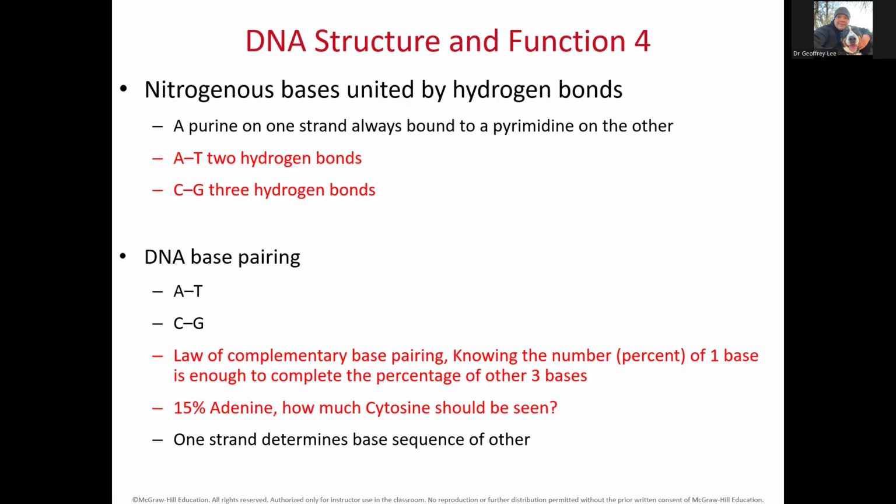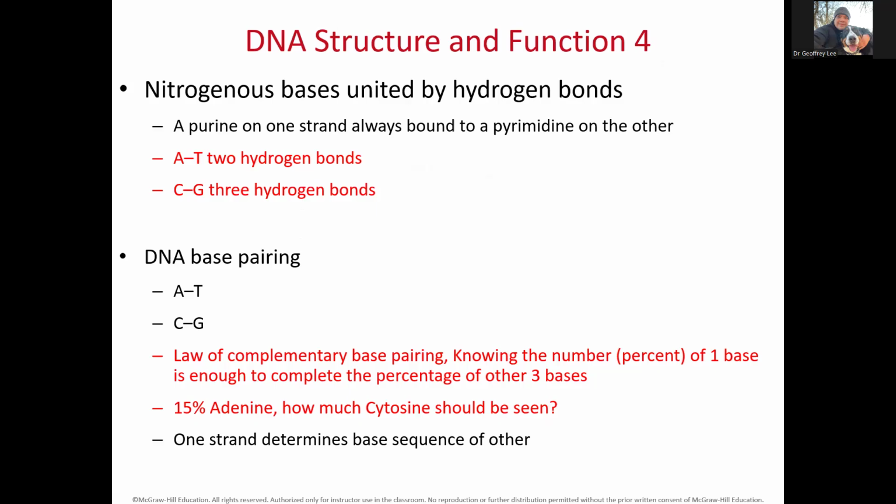It's not 15%, right? How do we get this? Simple. If we have 15% of this region as adenine, what other thing matches adenine? Thymine. So we should have 15% thymine. You add it together, that's 30%. Cytosine equals the number of guanine,